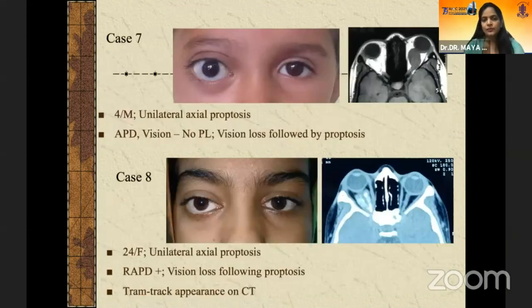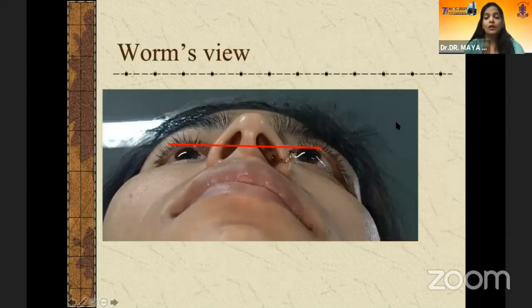features. If you have a case of a child with axial proptosis and vision loss, you must rule out optic nerve glioma. While optic nerve meningioma will present in slightly later age, and here the proptosis will appear first and it will be followed by vision loss. And the characteristic radiographic finding you must know is a tram track appearance in meningioma and a fusiform appearance in optic nerve glioma.